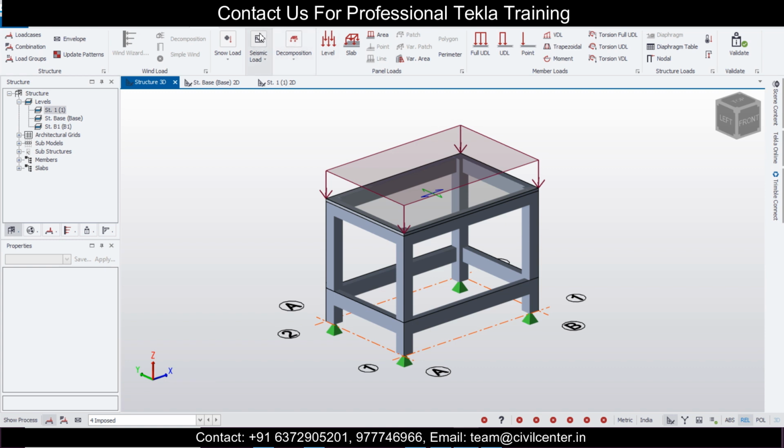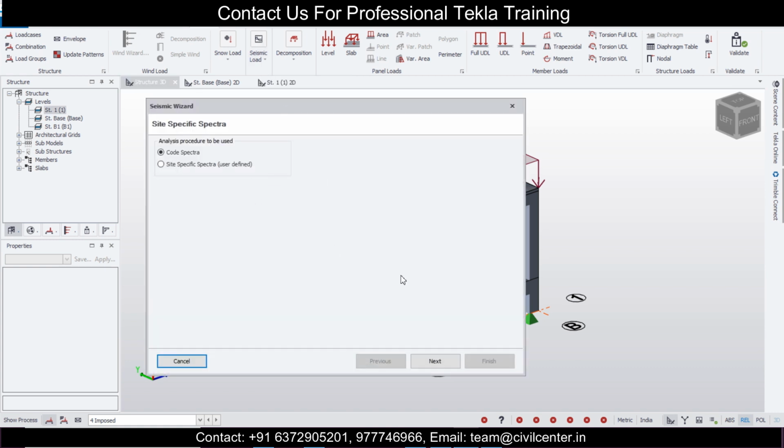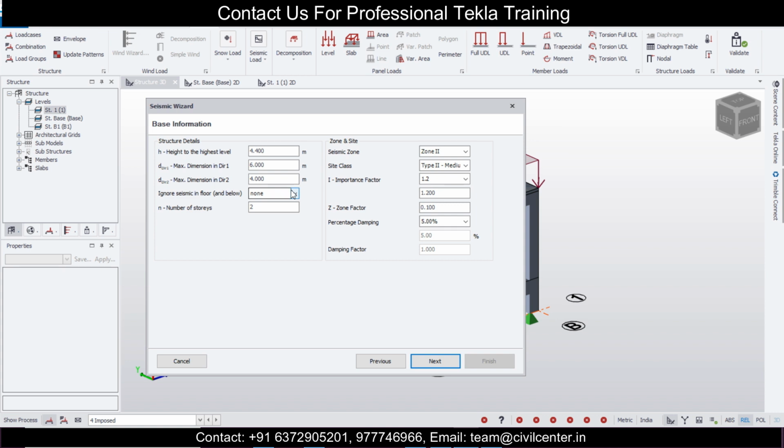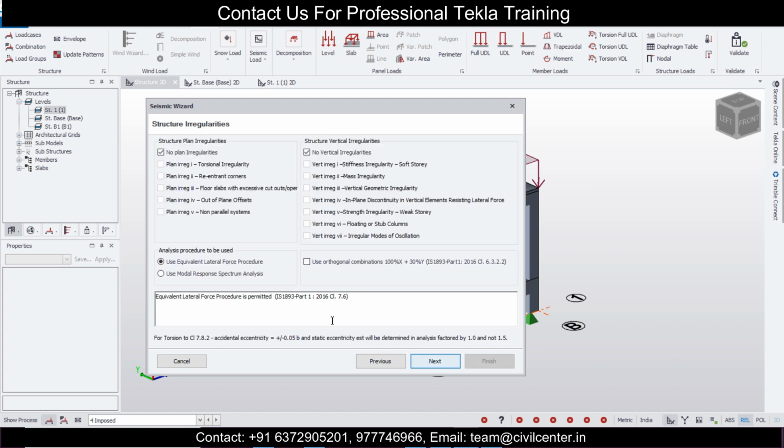So simple loads we have taken, and after that the first thing which we need to do is let us define some seismic loads. Going to loads and seismic loads, seismic wizard, and then code spectra, and we'll do this as your structure plinth level, and importance factor we'll take as 1 for normal buildings, and let's click on next.